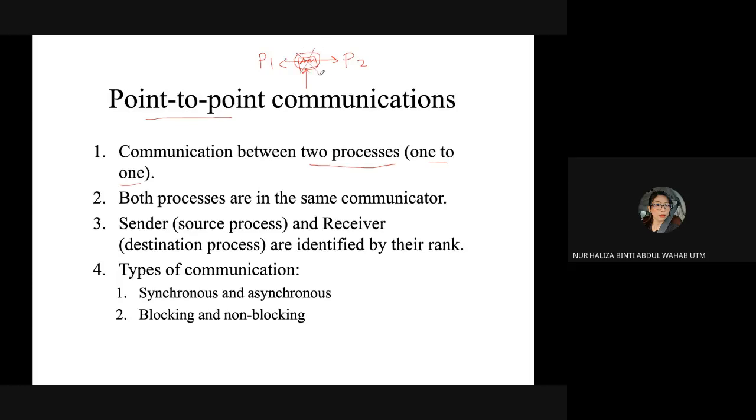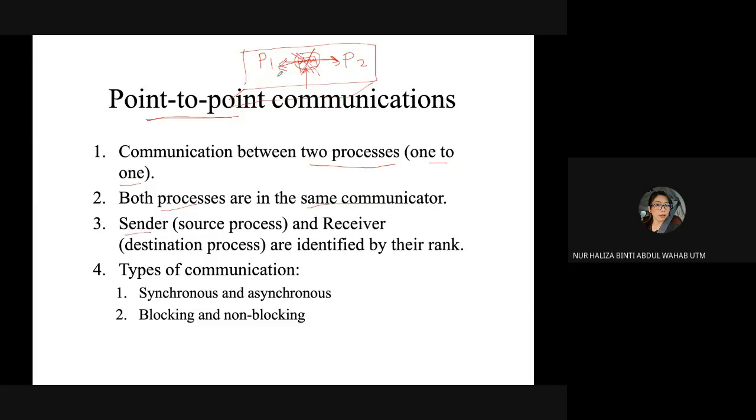Tak ada langsung. So there is no interruption, which is direct communication or point to point. Both processes are in the same communicator. That's why you have the same environment and also the same communicator.